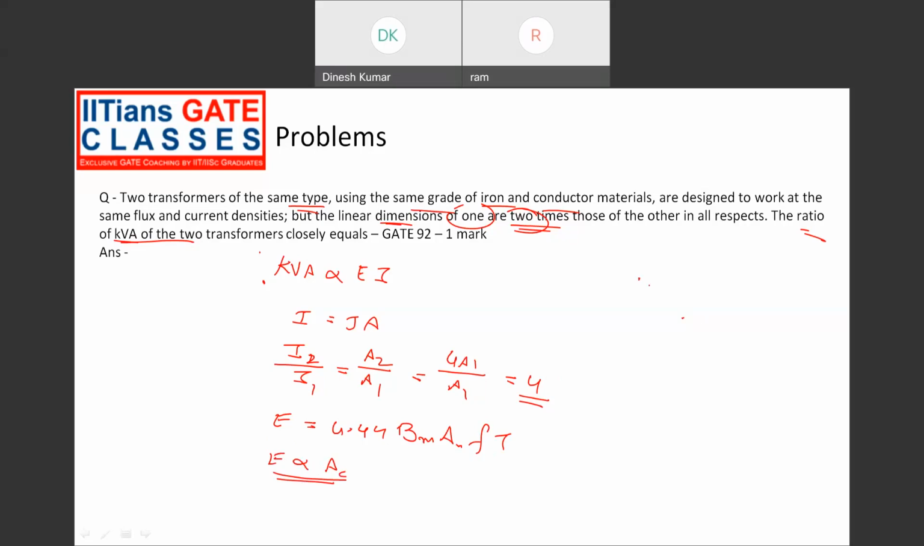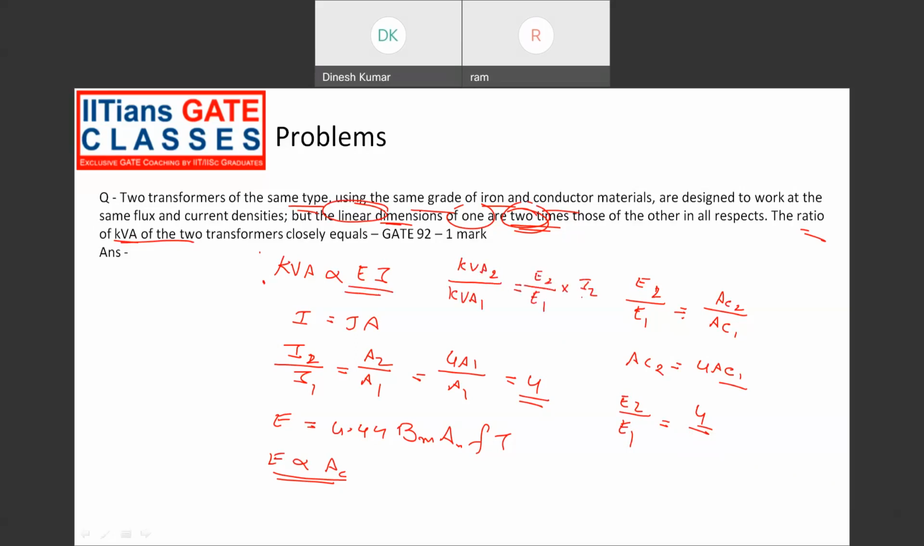the area of the core. So I write E2 by E1 equal to AC2 by AC1. Similarly, AC2 is equal to 4 times AC1 since the linear dimensions are 2 times. So E2 by E1 equal to 4. Now the kVA is proportional to E into I. So kVA2 by kVA1 equal to E2 by E1 into I2 by I1. So that is equal to 4 into 4 equal to 16 times. Okay,